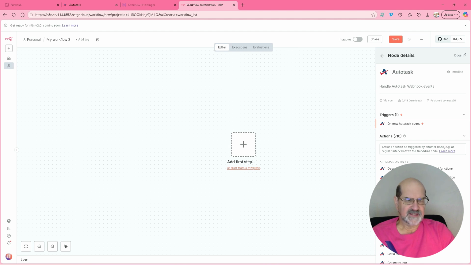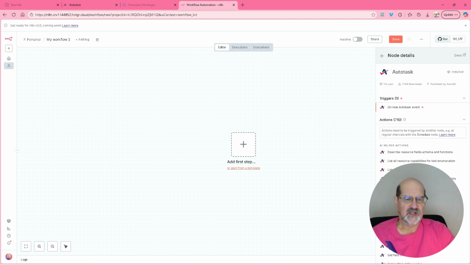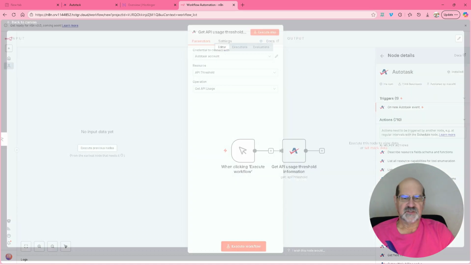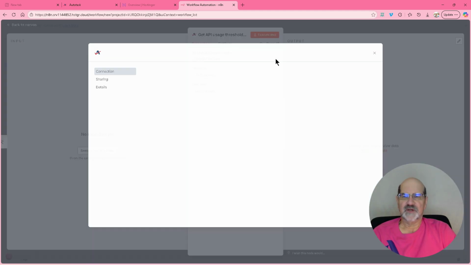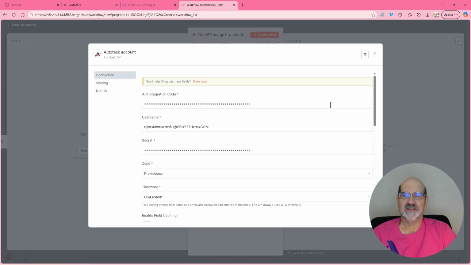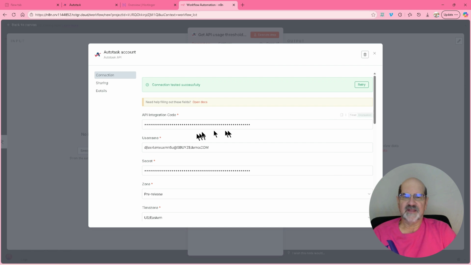And let's just go down and do something simple like get API usage threshold. That's pretty simple, pretty safe. So I created that. Now, what it did was the canvas is back behind me, but it opened up another node in my workspace, and it set it to the Autotask account. So now I'm going to edit the connection, and that